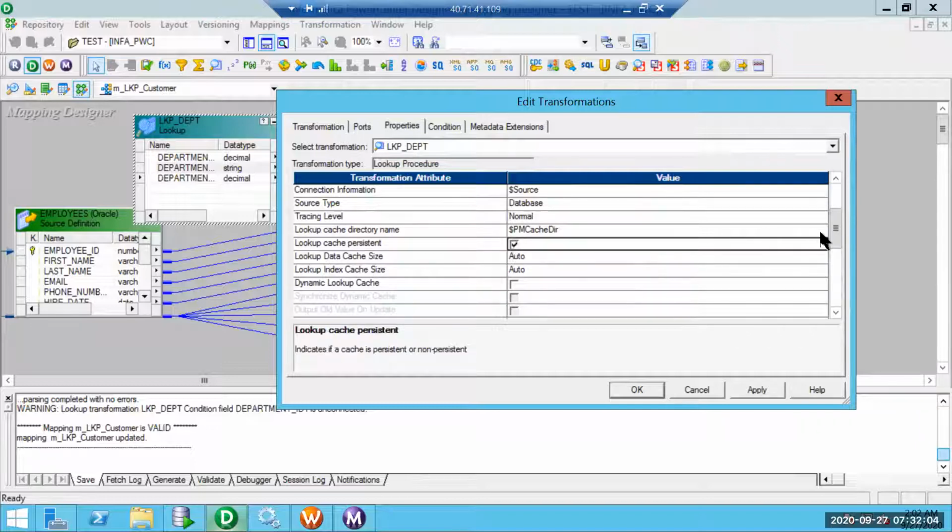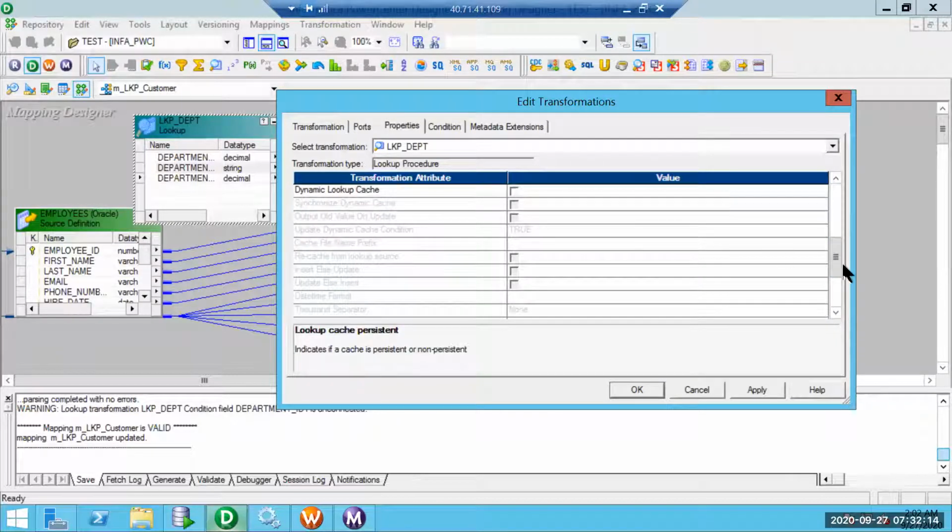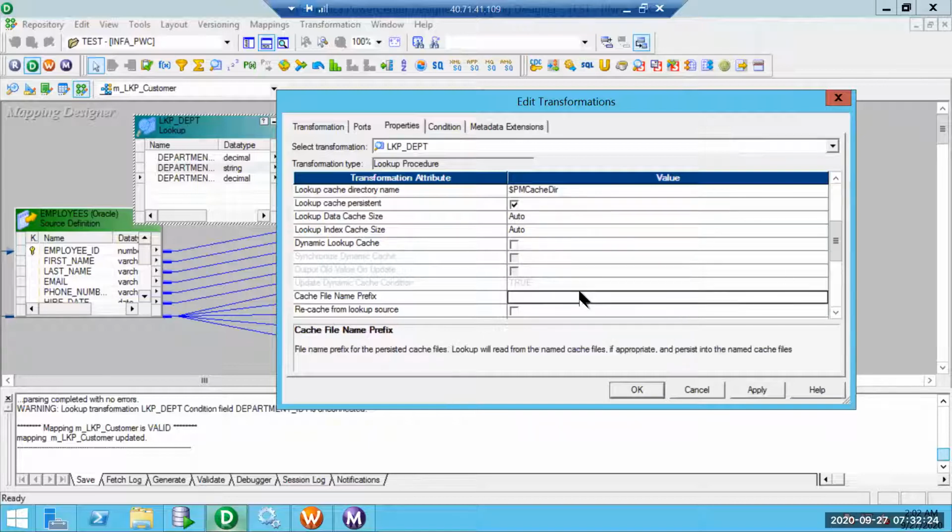Lookup cache persistent. When we check lookup cache persistent, we see the cache file name prefix. Persistent means it is going to be stored. It is not cleared after the workflow is completed. So we will give some name here.